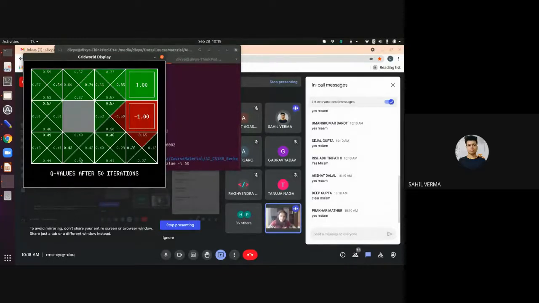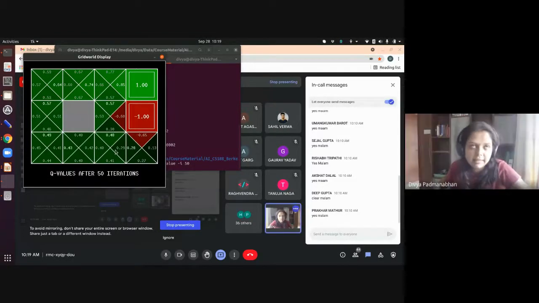Isn't it better to take something like the shortest path to get the highest reward? Shortest path, yes, but because now there are these probabilities, right? At each state, there is a probability. If you take the right action, there is a possibility that you won't go into this state. Rather, you might go into the other state.